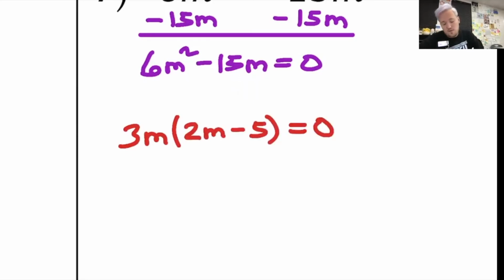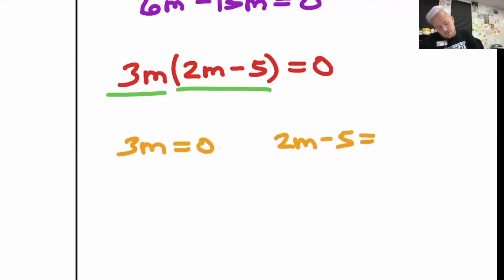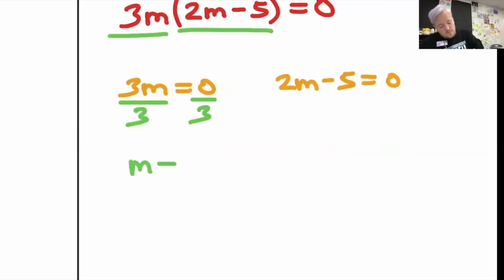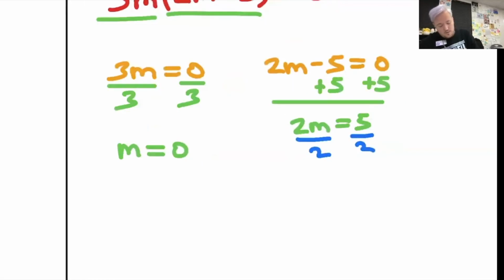So once again, we have these 2 components here. We have 3m and 2m minus 5. I want to set both of those equal to 0. So 3m equals 0, and 2m minus 5 equals 0, and solve. For this first one, I'm going to divide both sides by 3. So we're going to have an m value of 0. And over here, I'm going to add 5 on both sides. So I'm going to have 2m equals 5. And then divide both sides by 2, which means we're going to have a solution